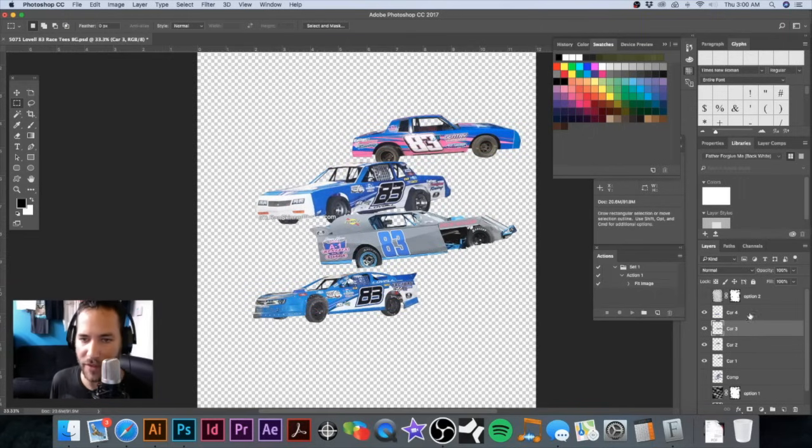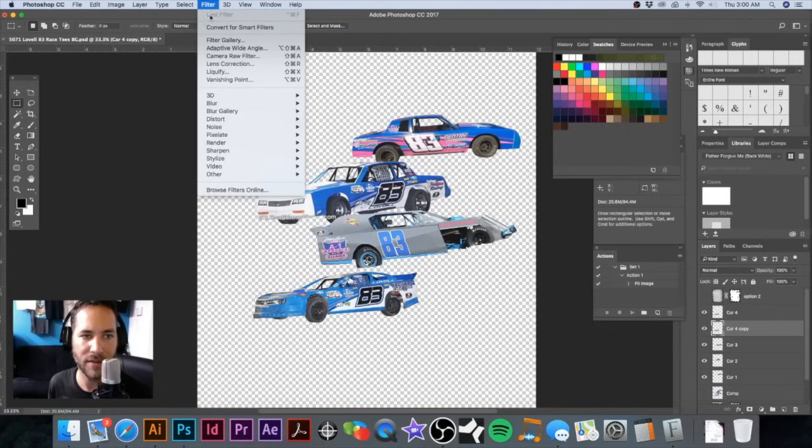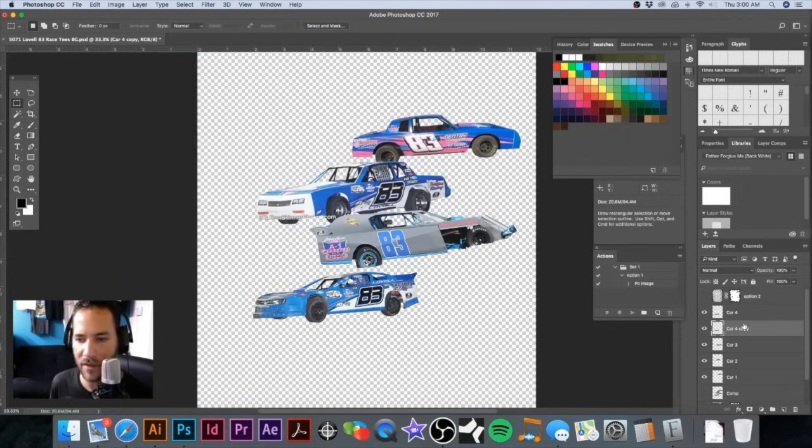Next thing I'm going to do, the little idea that I do have, I'm going to clone each one of these off. I'm going to put this clone right behind it. And then I'm going to go to filters. We're going to do blur. We're going to do a little bit of a motion blur. Before I even get that far,